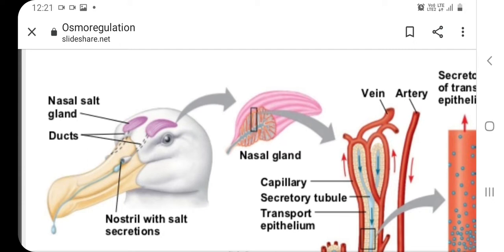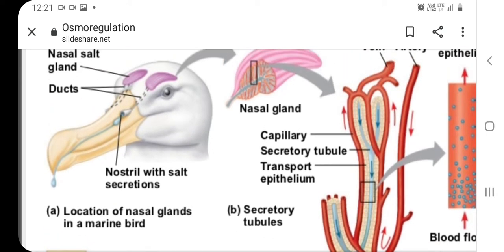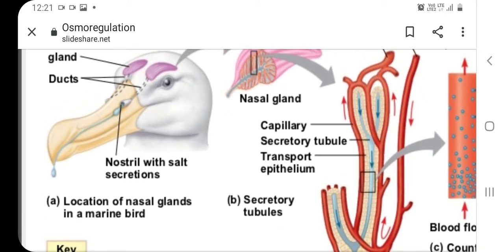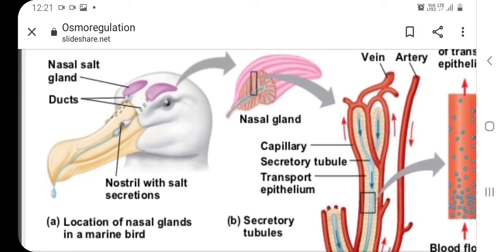The nasal salt gland, ducts, nostril with salt secretion, that is, the salt is coming out, location of nasal gland in marine bird. So this is the organ which in marine bird helps in osmoregulation. If we closely see the nasal gland, you can see the tubules. On further observing the nasal gland in the section,